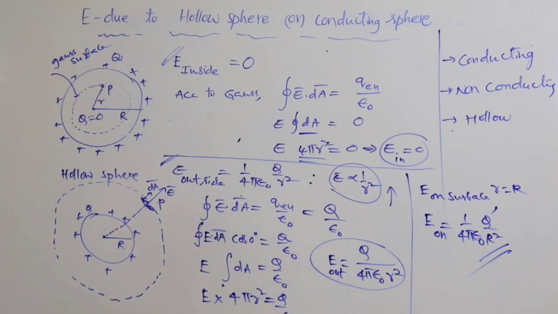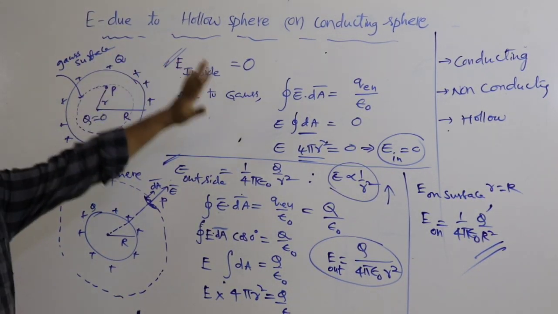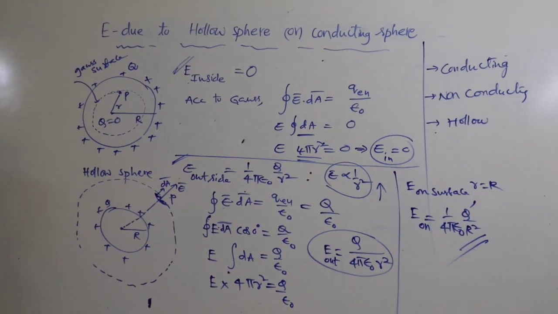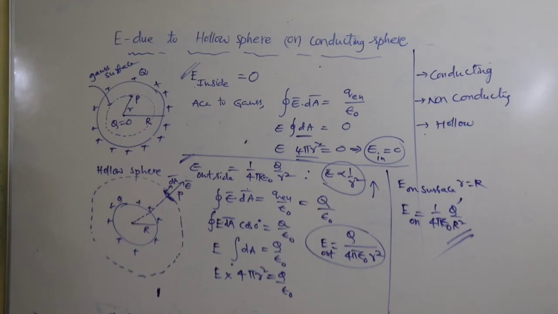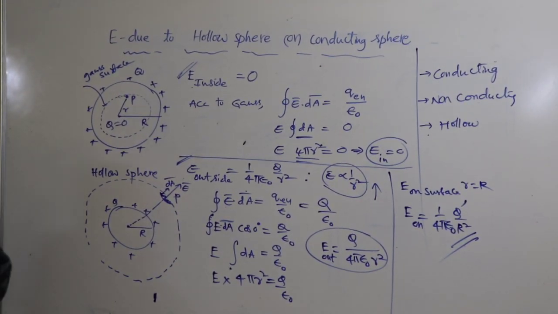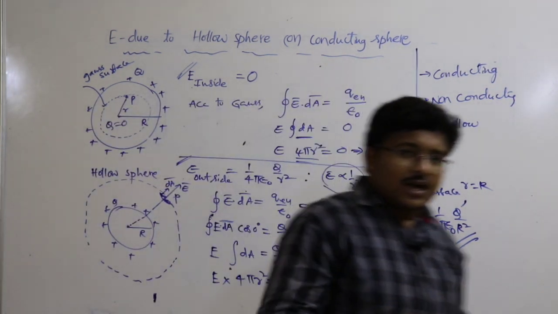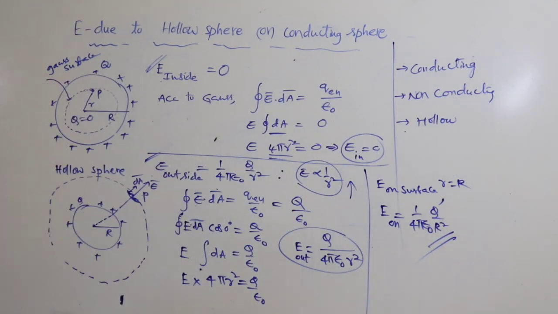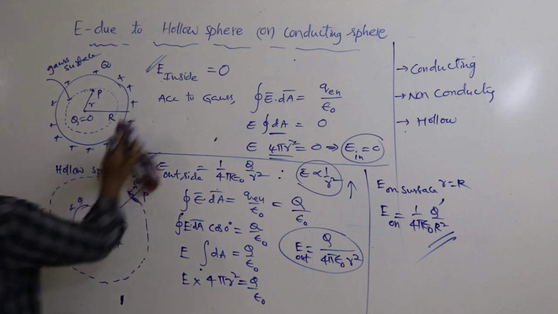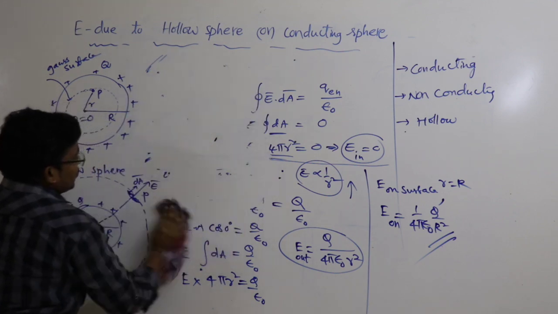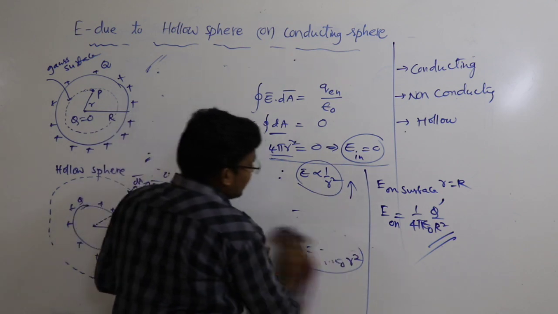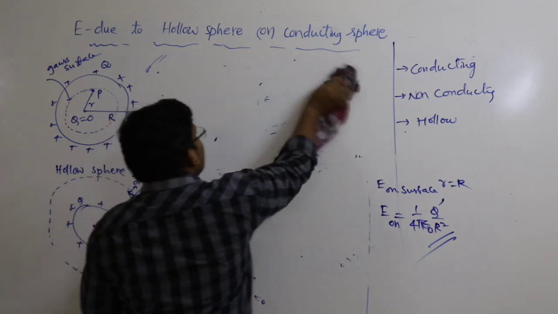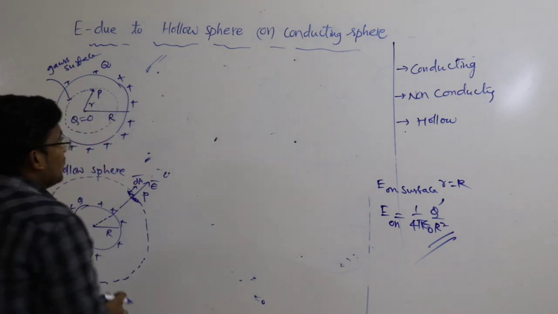So this is the way to apply the Gauss law to find out electric field intensities outside, inside and on the surfaces. Did you understand how we applied? Yes. Now I will draw the graphical view of the electric field. You have already learned this, but still we are just deriving the same formulas with the help of Gauss law.